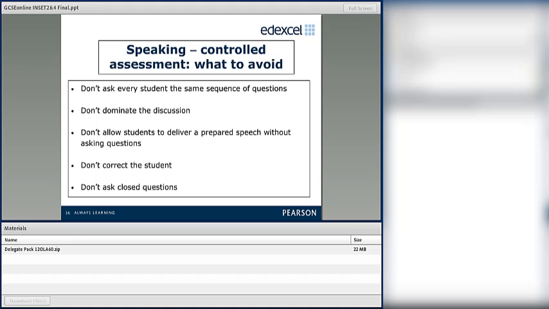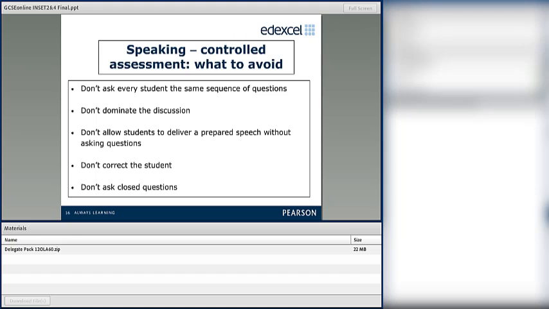Now, pitfalls to avoid. We will see when we look at the mark schemes that one of the criteria to maximize marks is the ability to deal with unpredictability. So try not to ask every student the same questions. Obviously, don't dominate the discussion. You've got to give them the chance.